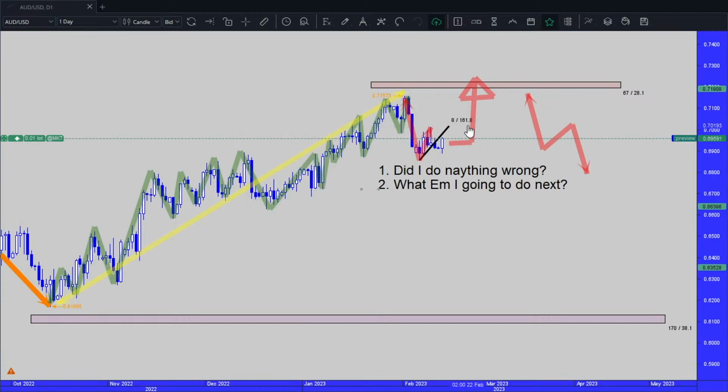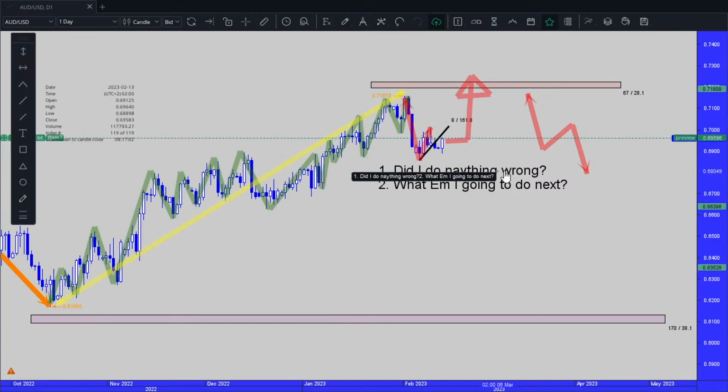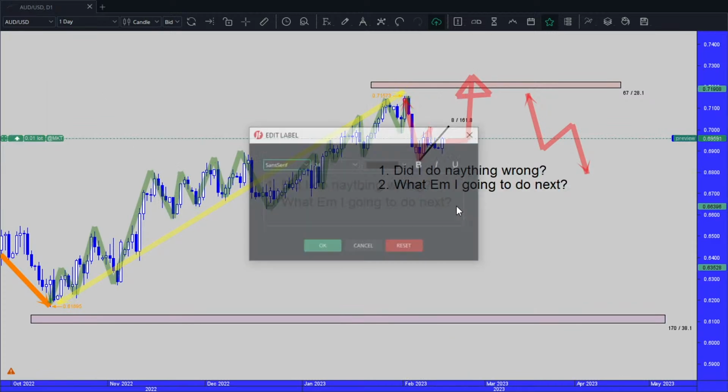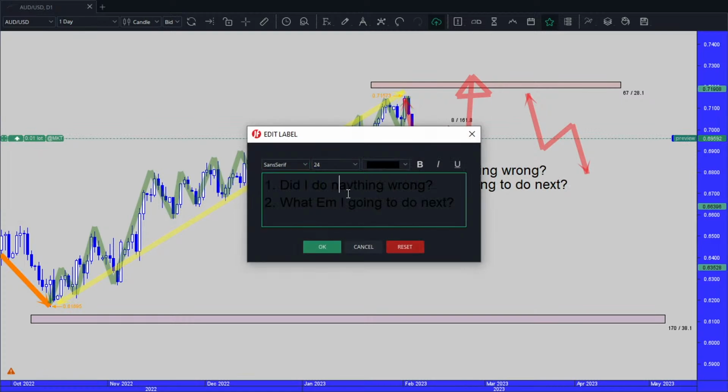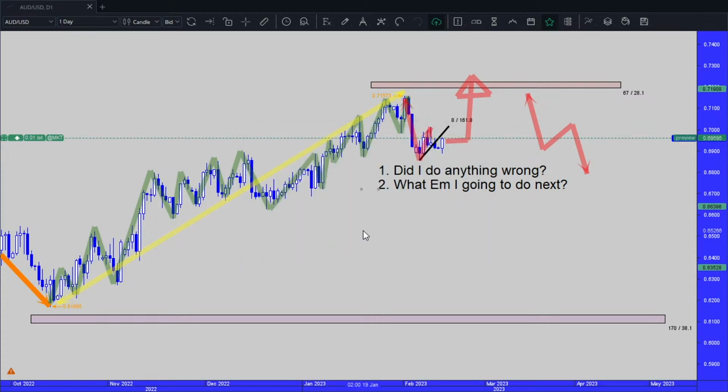So I'm trading on the side of the higher probability and the market stops me out. Number 1, did I do anything wrong? Type in the chat everybody, did I do anything wrong as a trader? Somebody says yes. No, I didn't. I didn't do anything wrong. Not yet. Everybody, we are trading patterns. I knew it was 75%. I took a chance, right?